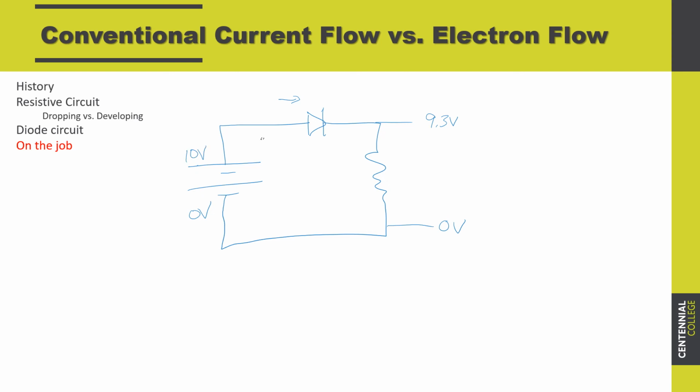You were in my class, so you're getting more used to the electron current flow theory, and so you think about this circuit and you say, okay, it's going to go from negative. I'm going to develop 9.3 volts over this resistor, so that's what I'll measure there, and then I'm going to develop another 0.7 volts over the diode, leaving me with my 10. And so you see, it doesn't matter. You're describing it in different ways. You can even discuss the circuit with someone using both methods at the same time, because what typically only matters to the technician is how did you get 9.3 volts here, and